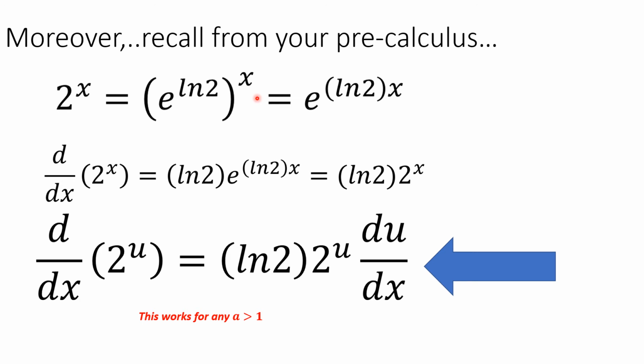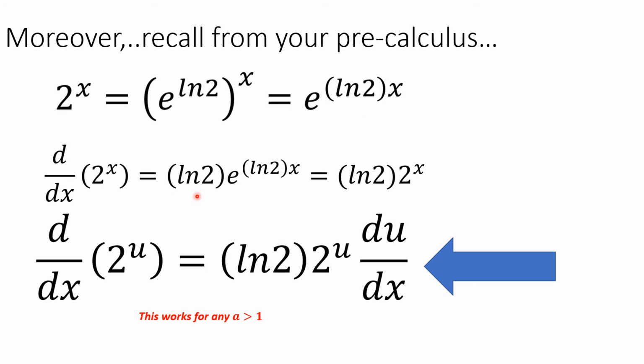Here you multiply the exponents. So this is e to the ln 2, that's a constant, that's a number, times x. So you see we've got a u here. So if I take the derivative with respect to x of 2 to the x, that's the same thing as taking the derivative of e to the u, which is going to be e to the u times du dx,